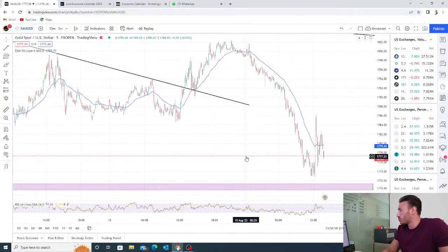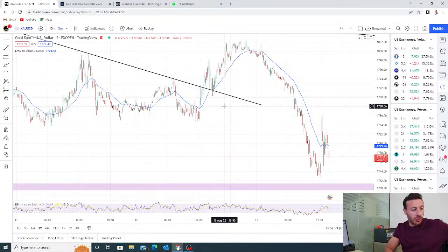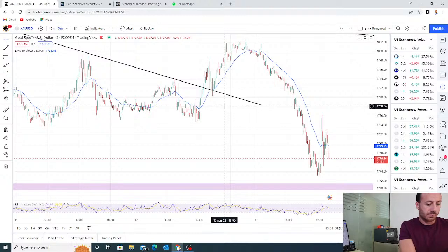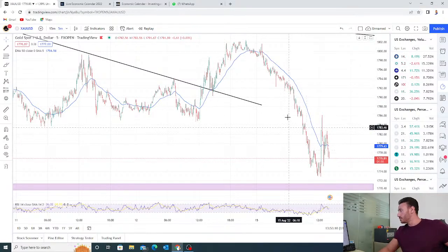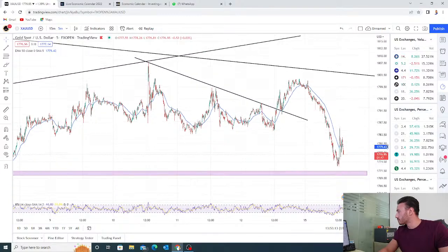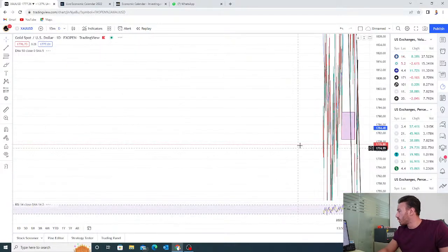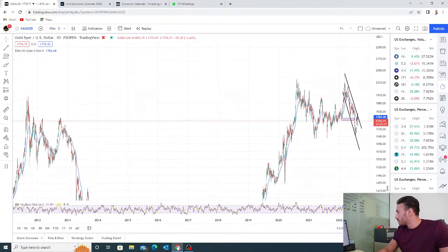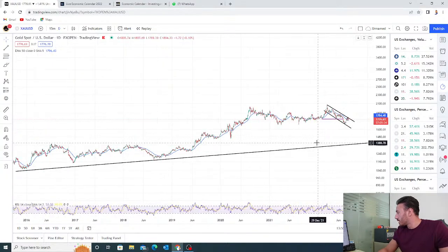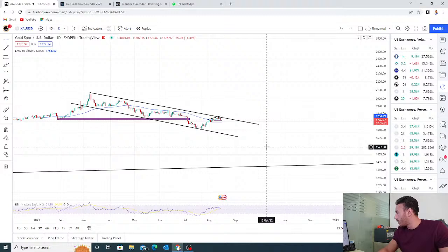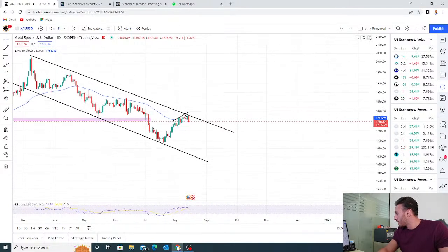So this is the chart for today. Let me start showing you what I think. First of all, I like to zoom out to have a look at the day chart. Now this is what I wanted you guys to see, how important it is and why it is dangerous,